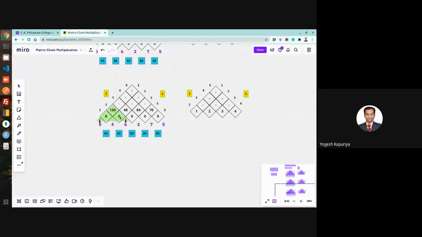So what will happen now? You have 120, that means plus. So if you write over here, you have already 120 operations which is already being performed. Okay, plus what are the dimensions you are having now? It's 5 cross 6 multiplied by 6 cross 2. So 5 cross 6 cross 2, that is 60. Okay, that turns out to be 180. But that is not the only way, right? There is other way as well.